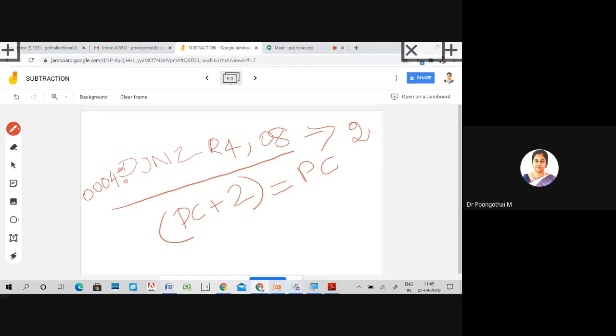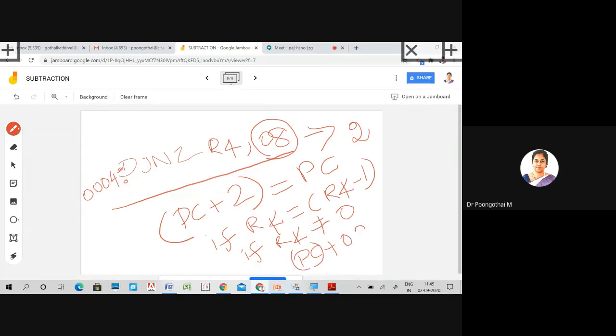After that, you decrement R4 to R4 minus 1. Next, check if R4 is not equal to 0. If not equal to 0, this 08 is your relative address. So program counter plus 08 will be your target address.